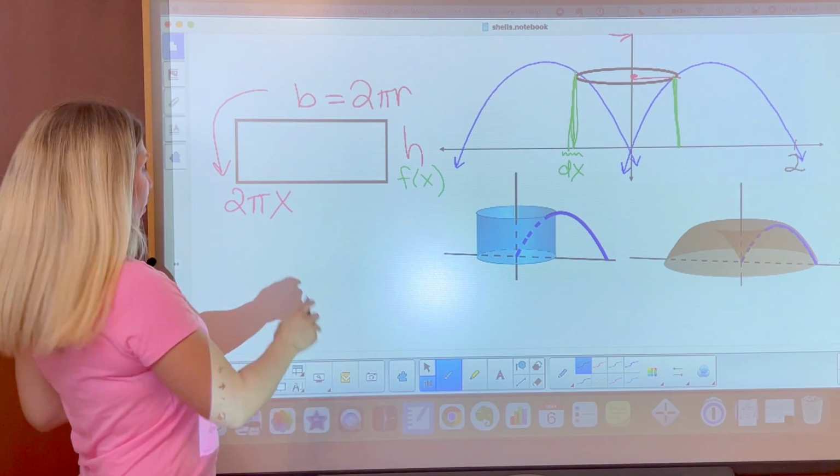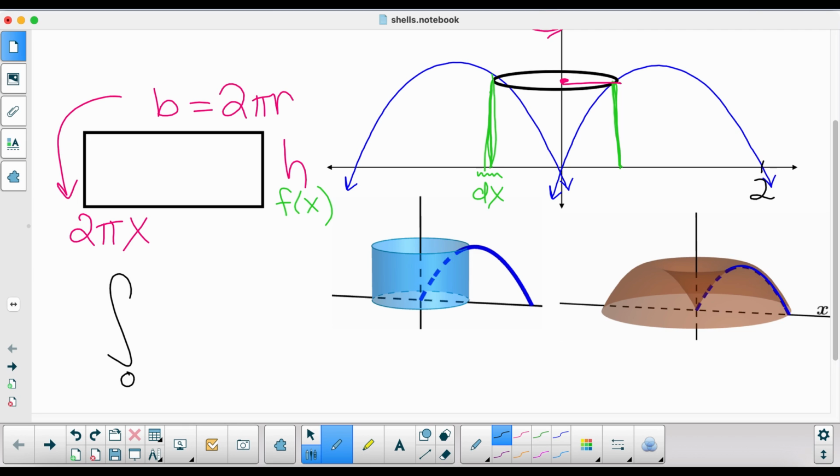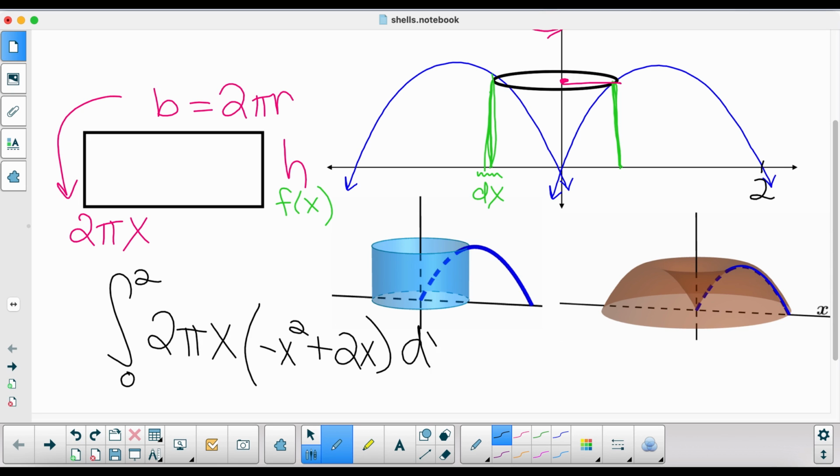So let's go ahead and set up our problem. Our integral is going to be from 0 to 2, because those were the bounds we were given. The area of our rectangle was 2 pi x, this is our base, times our height, which is our function. And our function was negative x squared plus 2x, dx. So this right here is your base. This piece right here was your height, and this piece was the change in x,